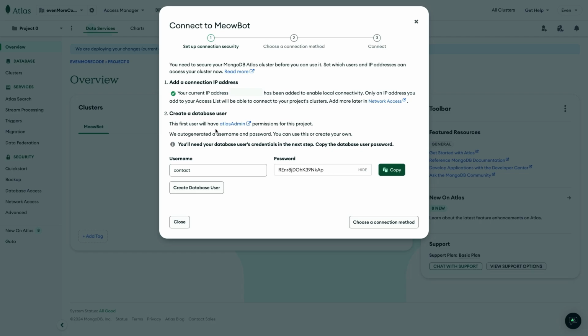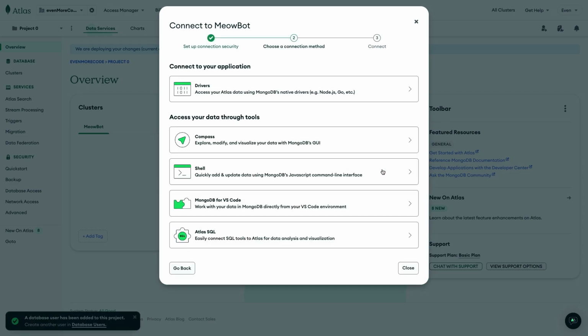This first user will have Atlas admin permissions for this project. We auto-generated a username, so I'll do username of evenmorecode, and then I'll change the password to something simple, and then I guess create user,